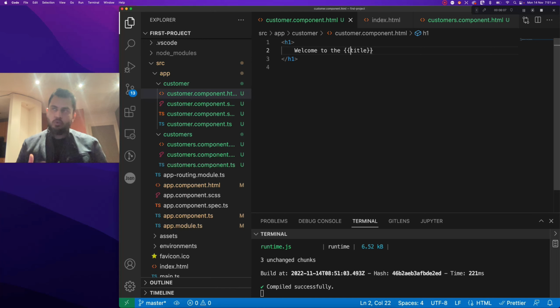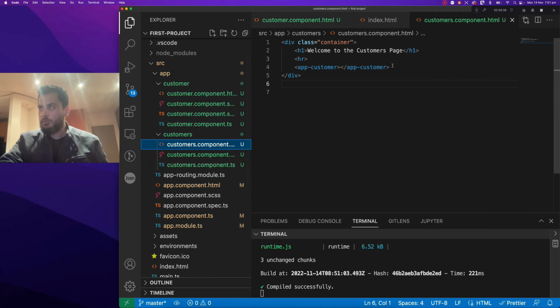Now, for those of you who have basic level knowledge of JavaScript or HTML, you do know that HTML tags come with something called attributes, like the hidden attribute and the disabled attribute. There are different attributes, and all of them can be used to change or manipulate HTML tags or HTML in general. To give you an example, I'll go to my customers.component.html over here,